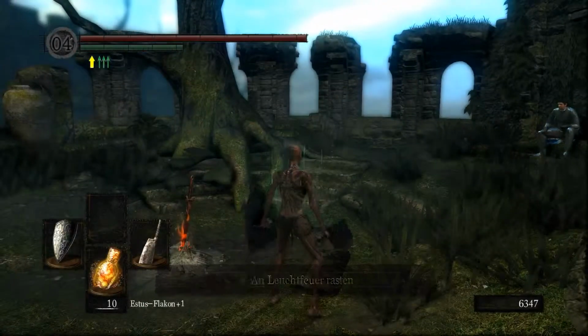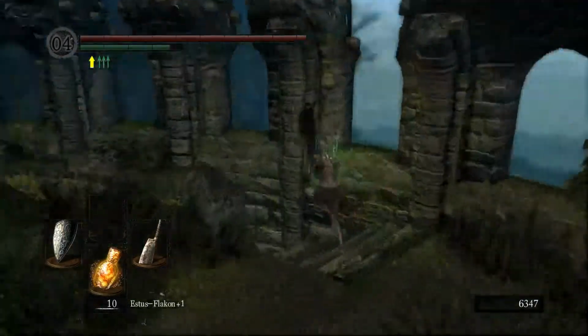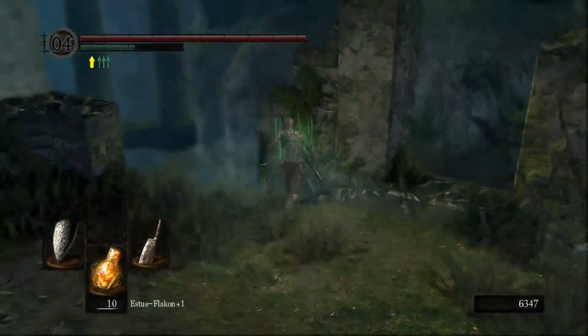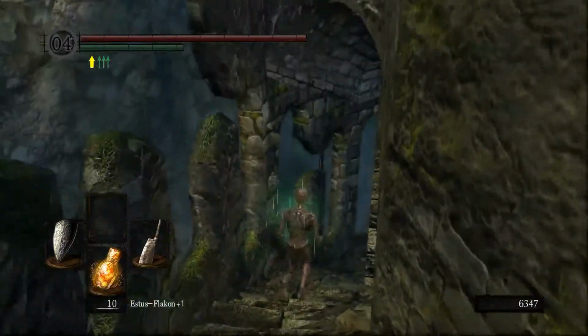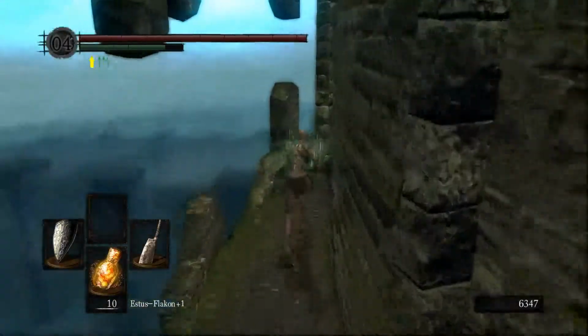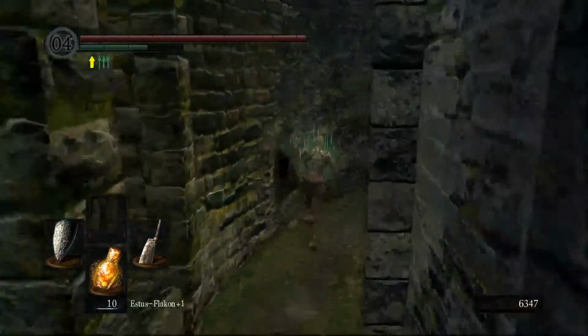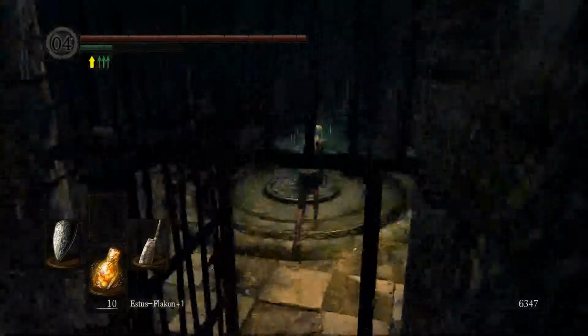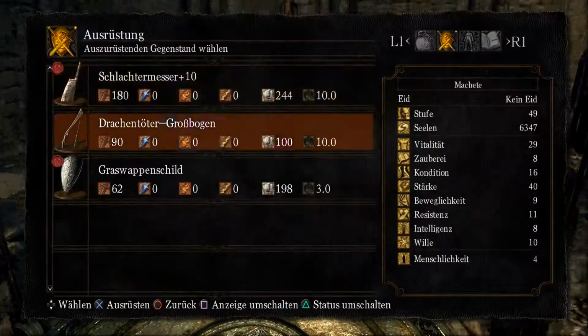So, cool, this next segment's going to be really interesting. There's loads of stuff to do in New Londo Ruins. We're going to take on the Four Kings, get some chunks. As I said at the end of the last video, we're going to use the Firebomb strat